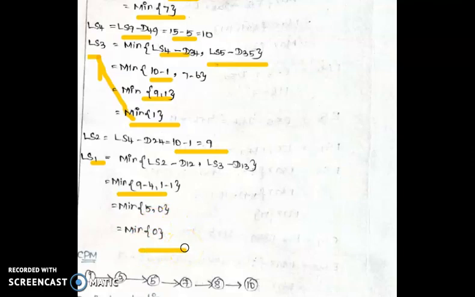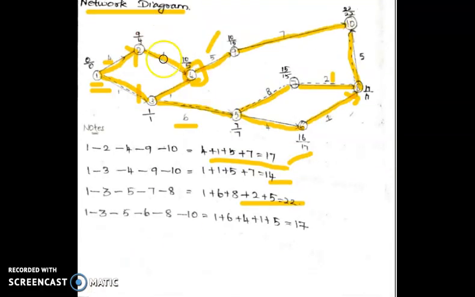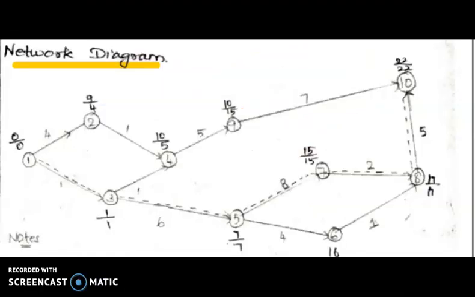Okay, so comparing this we should substitute each and every value in the network diagram. The upper value will be EST value and bottom value will be LST value. In the upper corner we have to mention each and every value, and we can find the critical path method. Find out the EST and LST, we should substitute. Here 2, 4, 9, comma, there are different values. To find the critical path method, we should have the same EST value and LST value.